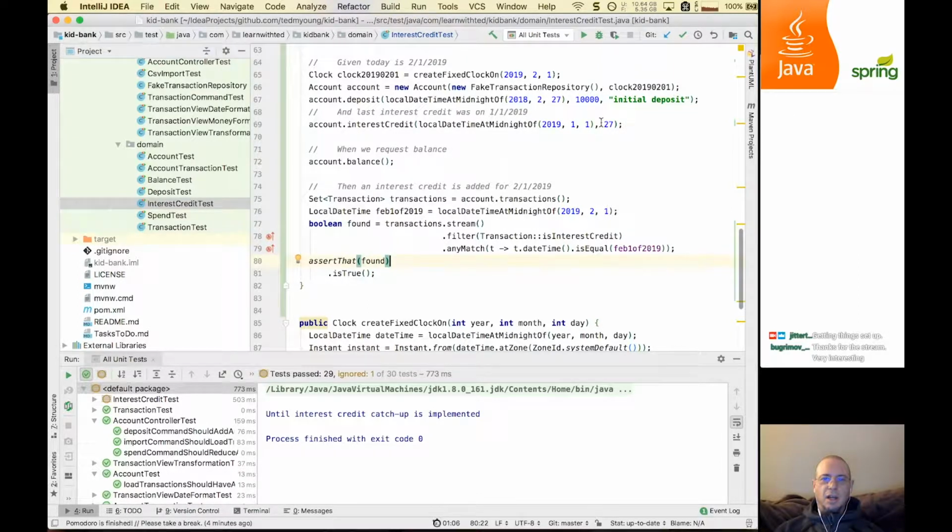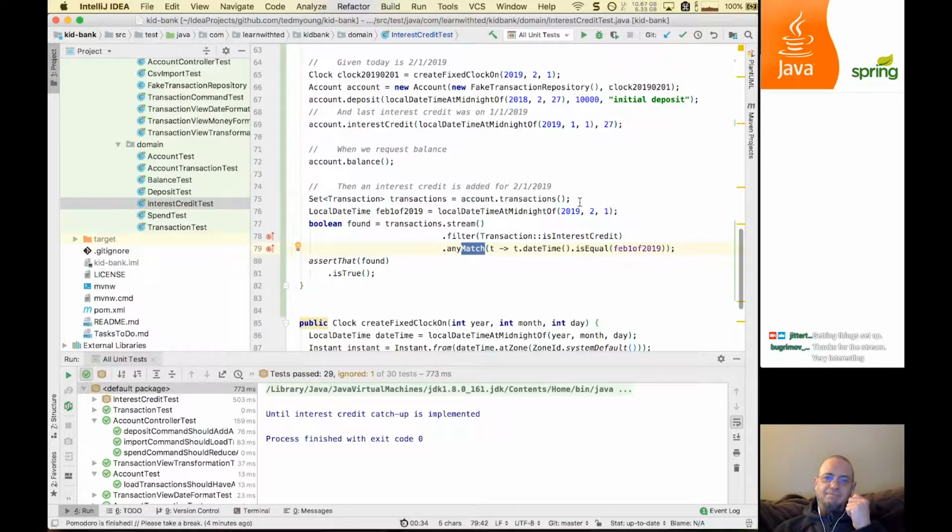So I think actually we want to do a count because we don't want to just check that there is any. We actually want to make sure there's only one. And I know we have a test elsewhere that checks for only one. That was a test actually that I'm currently ignoring. But I'd like to sort of be sure that